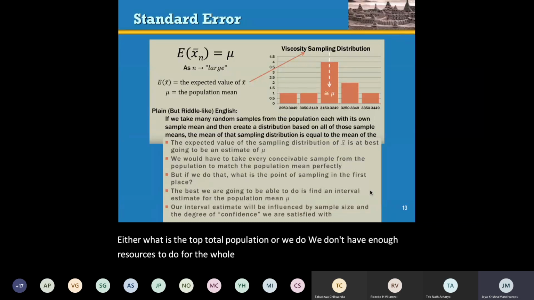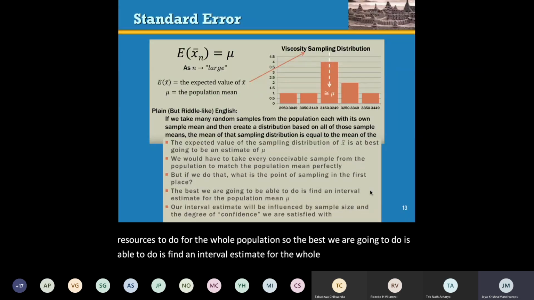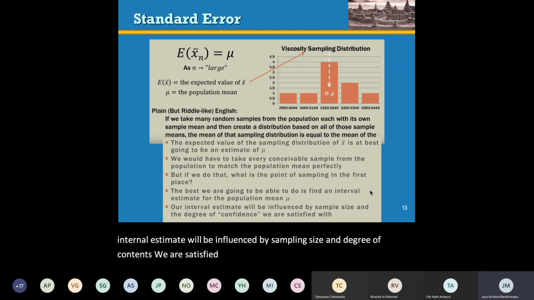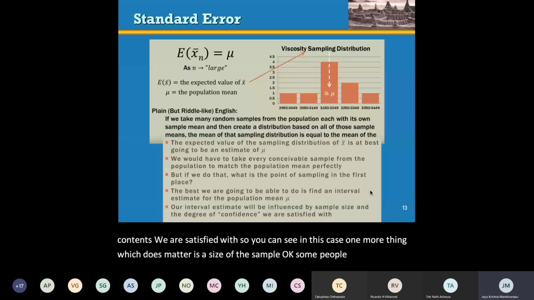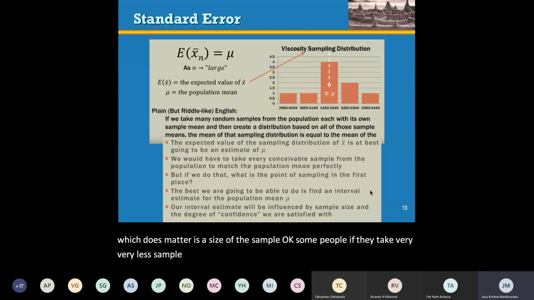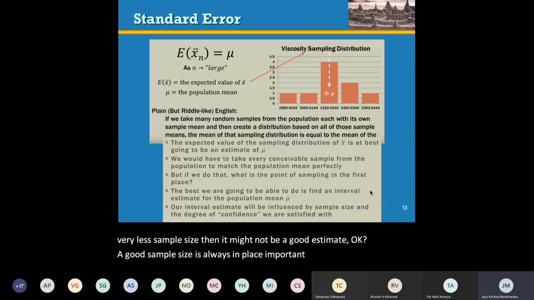Okay, so the best we are able to do is find an interval estimate for the whole population mean. Our interval estimate will be influenced by sample size and the degree of confidence we are satisfied with. So in this case, one more thing which does matter is the size of the sample. Some people, if they take a very small sample size, then it might not be a good estimate. A good sample size always plays an important part in estimating your total population